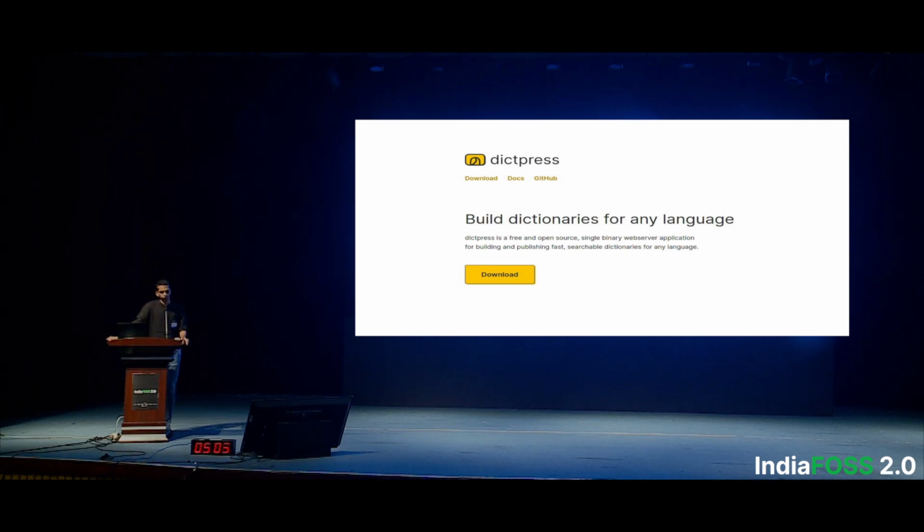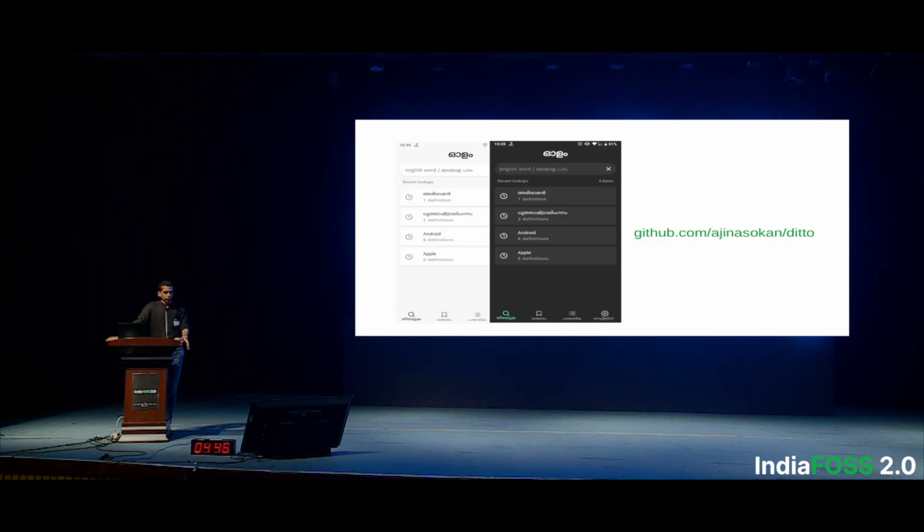It's also an open source project. And with something like this, if anyone here is interested in building a dictionary for their native language, you can save a lot of time and effort. You just have to find the data. The tools are here. There's also an open source mobile client which can be connected to this backend, and suddenly you have a mobile app